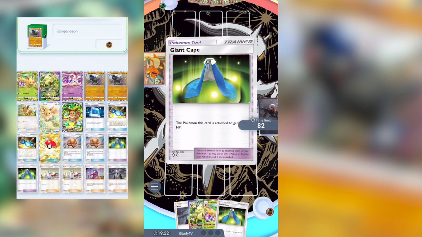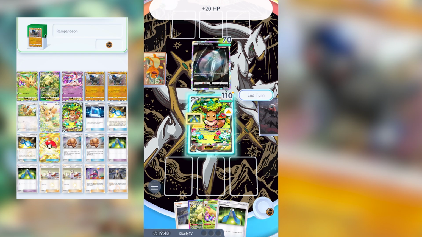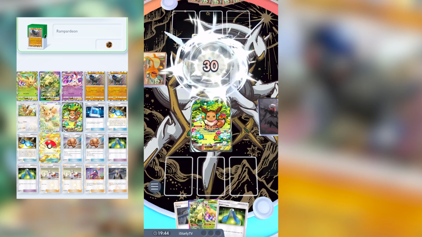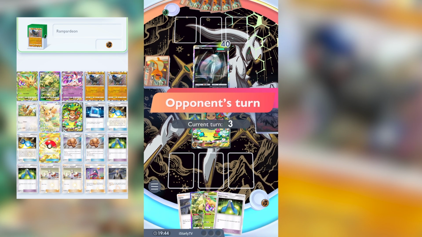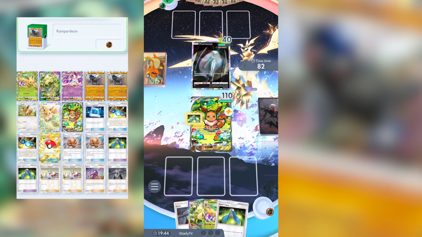We're definitely going to cape here. Now, if my opponent has Red Card or Mars, they might just fire it off, which could be really bad for us. Because, of course, that means we might lose the Leafeons. Of course, having 2 Leafeons here is not great. We only need the 1. So that's a big reason why I'm playing